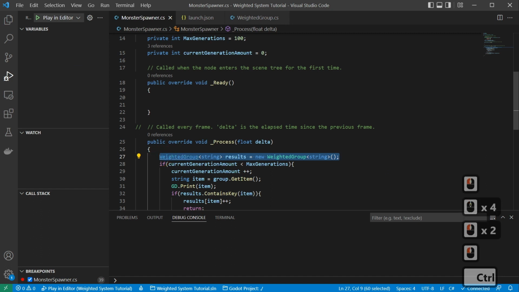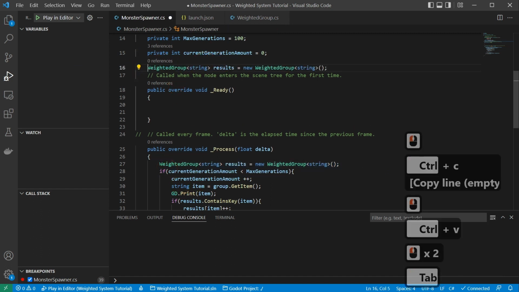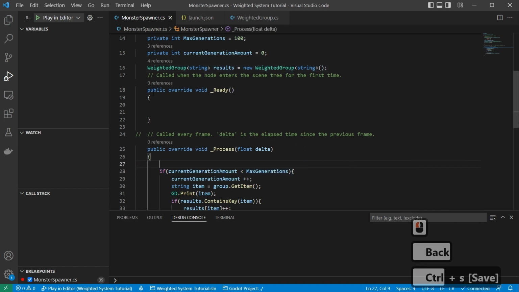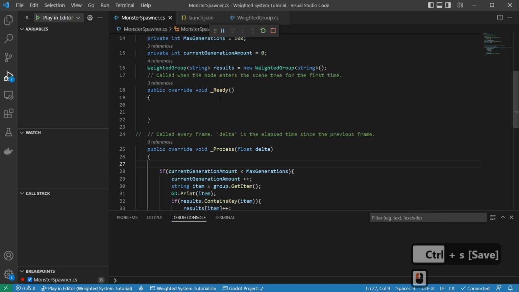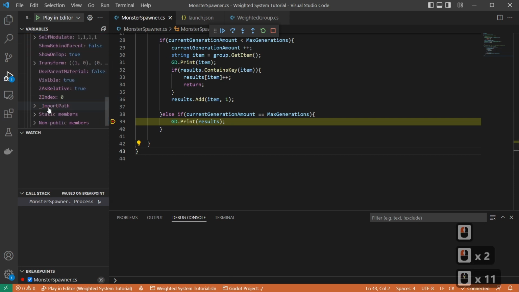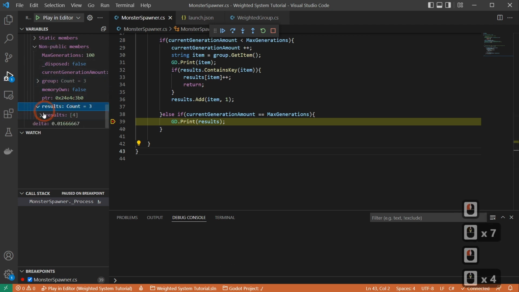Okay. So we'll grab this, pull it out of our scope here. And that's because I'm setting it to a new group every time. So that's my fault. So let's run that again. Let's try it one more time. Knew it was something dumb that I was doing. So we'll run this. We'll take a look at our results. This, and then come down here to our non-public members and take a look at our results, which has 3